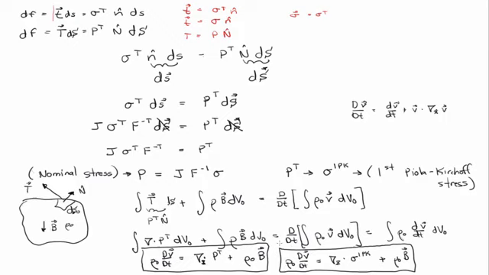But then let's say I want to actually solve the equation with respect to the reference coordinates. Then I have the Cauchy stress and I have the deformation. I plug it in here, I get the first Piola-Kirchhoff stress, I plug that in there, and I solve the equation this way, taking gradients with respect to big X. So they're all related. You just have to understand how to be consistent between them. Now, just one last